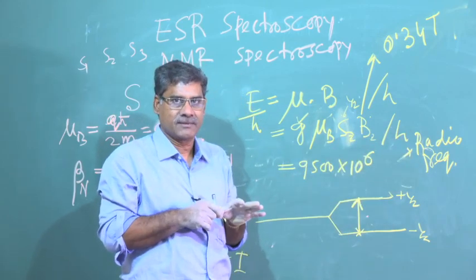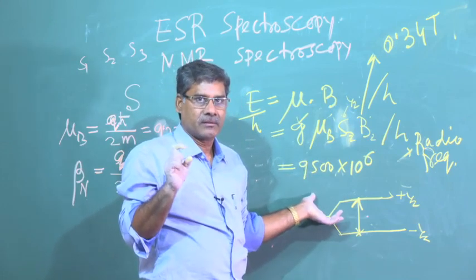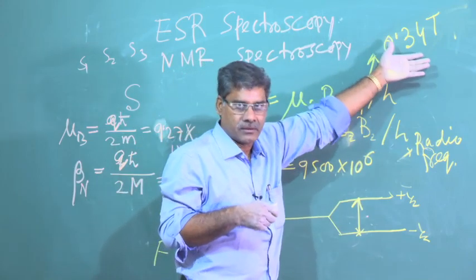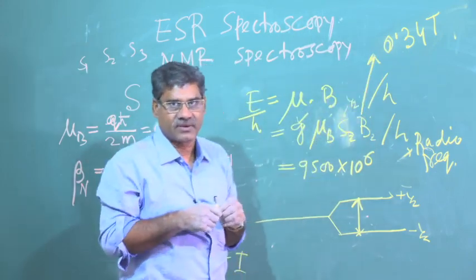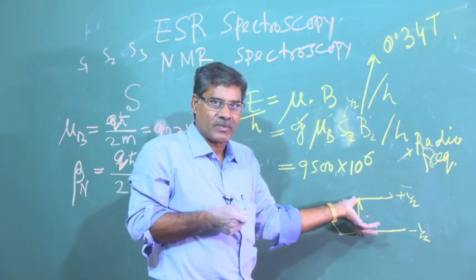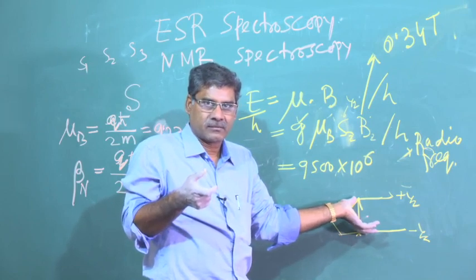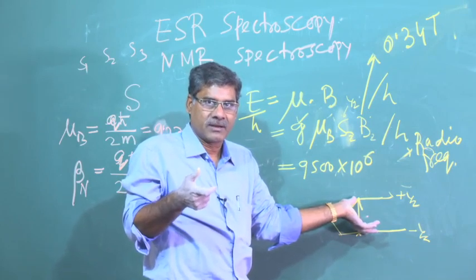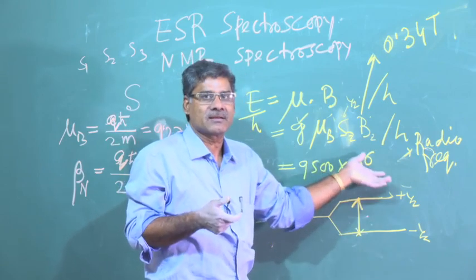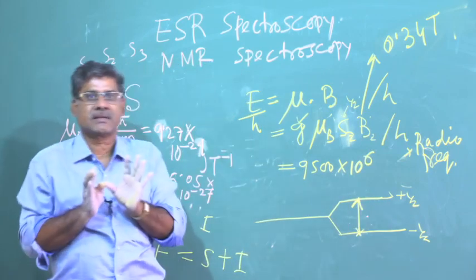microwave frequency. And in case of nuclear spin, you have to apply a magnetic field of 2.35 Tesla, then this splitting due to nuclear magnetic moment, or due to nuclear spin, will be 100 megahertz, since it is in the radio frequency range. Okay. So, now the point is that